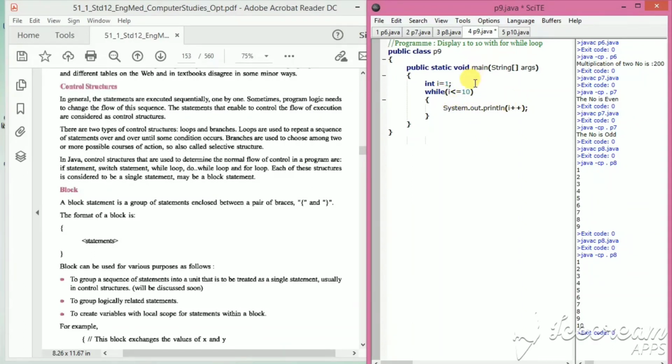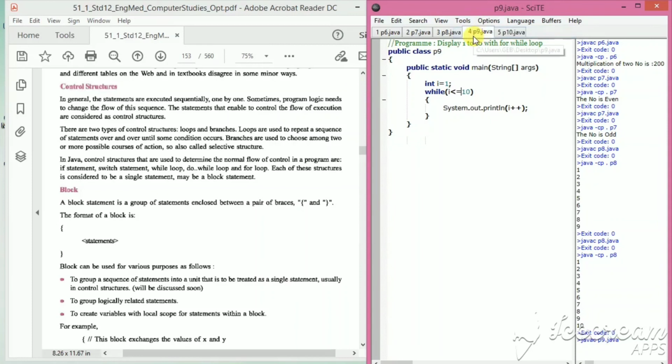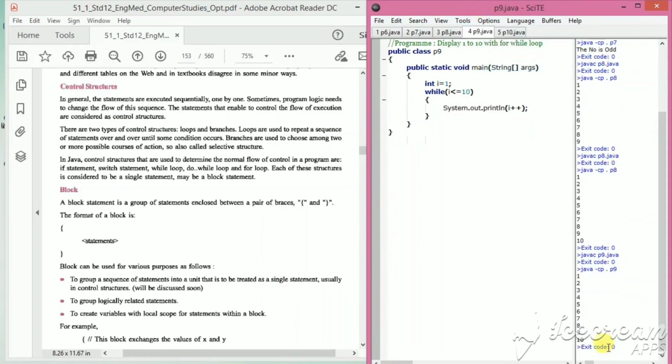Now save this file with P9 and tools, compile, and tools, go. See, we can display the number 1 to 10 with the help of while loop. Now same way the third loop is do while loop. The do while loop is,